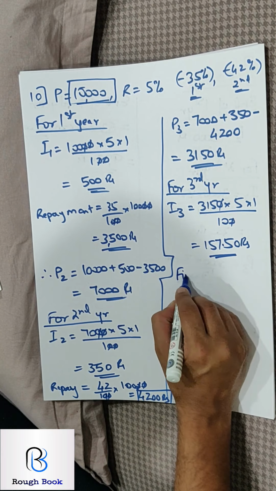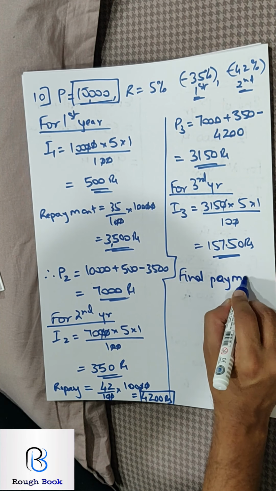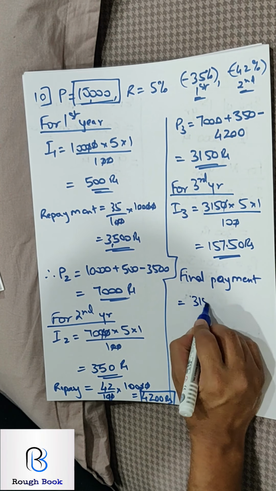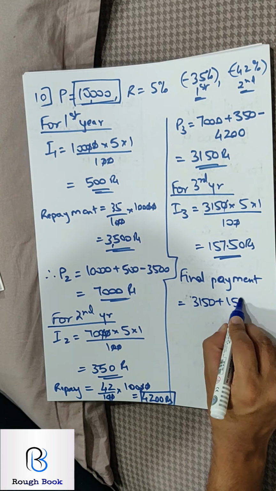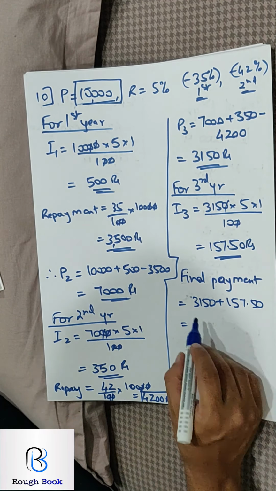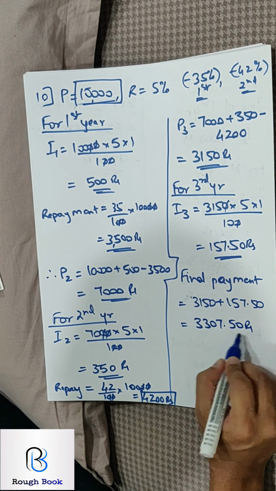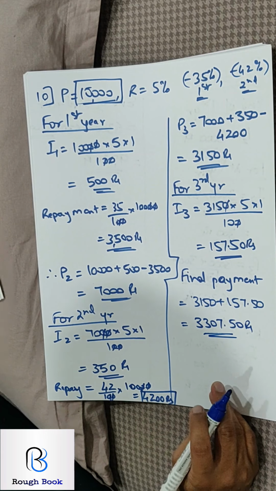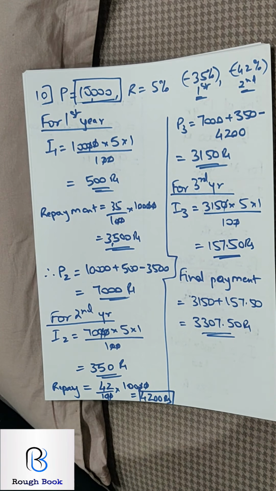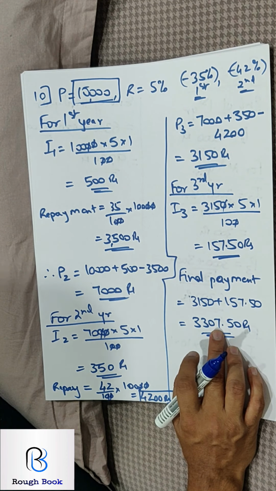So therefore, what will the final payment be? The balance, that is 3,150 plus 157.50, and now no more repayment like this, directly the final payment. So it should be 3,307.50. How many managed to get the same answer? Super. If you got the same answer, lovely. I think we managed most of the questions in this exercise.